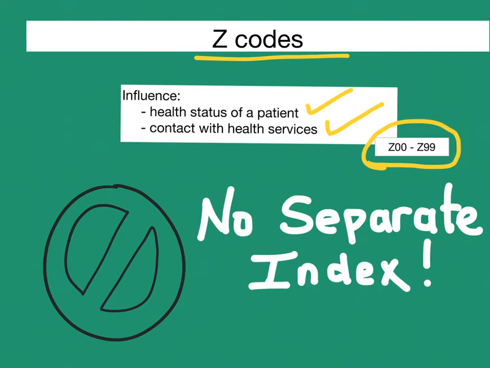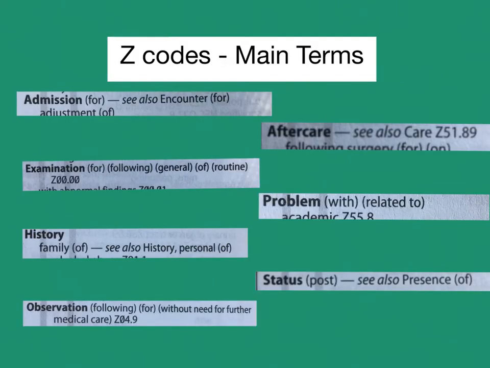The Z code main terms can be found in the main alphabetic index that you are used to using for the regular diagnosis codes. So again, no separate index for these Z codes. Just use that same alphabetic index you've been using since the 1274 course. It is important to learn and keep in mind some main terms that help you track down these Z codes in the alphabetic index. Your handbook reading this week does bring your attention to a few of these main term options, such as admission,